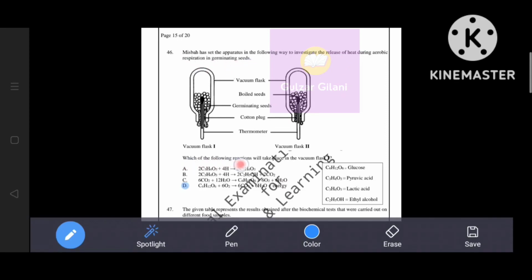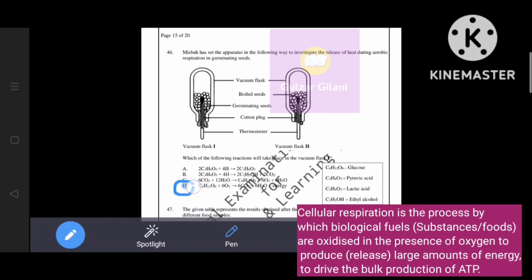Which of the following reactions will take place in vacuum flask 1? वैक्यूम फ्लास्क 1 में जर्मिनेटिंग सीड्स है और वैक्यूम फ्लास्क 2 में बॉइल्ड सीड है। यहाँ पे हमें टेम्परेचर नज़र आ रहा है और जर्मिनेटिंग सीड्स में थोड़ा सा राइज हुआ नज़र आ रहा है, मीन्स हीट एनर्जी रिलीज हो रही है जर्मिनेटिंग सीड्स वाली फ्लास्क में। और हमें एनर्जी कहाँ नज़र आ रही है? ऑप्शन डी में। दैट्स वाई डी इज द करेक्ट आंसर।